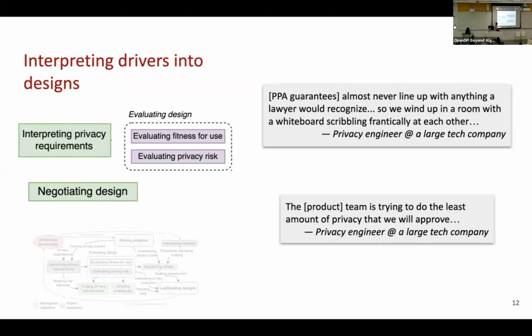And so the reason these motivations matter is that the next stage is turning those motivations into a privacy preserving or differential privacy system that will satisfy what these companies wanted to do. And as we discussed, it usually ends up with some people in a room, the lawyers, the business representatives, the engineers, scribbling on a whiteboard and trying to communicate with each other. Obviously, that's an open problem that I think we've all talked about. But one other thing that we noticed is the decision problem when it comes to deciding on privacy parameters, or deciding on how much privacy to provide,